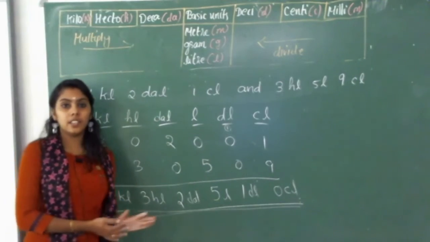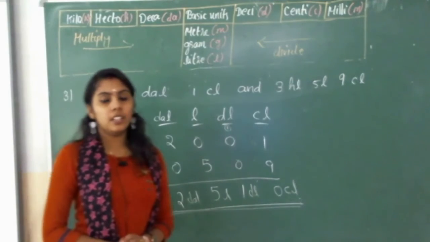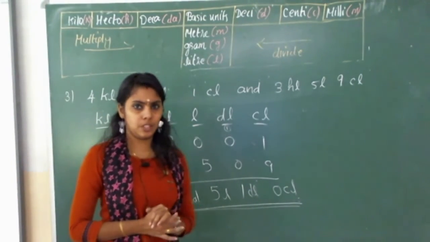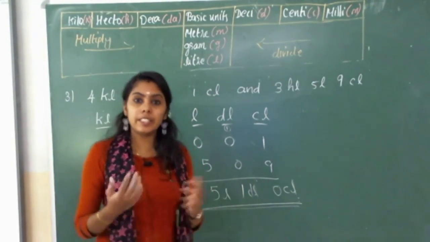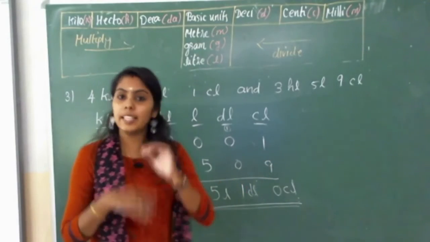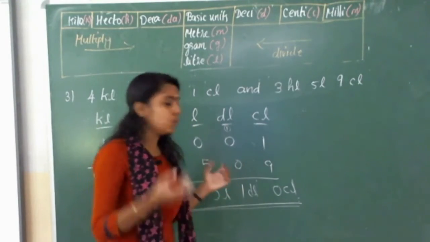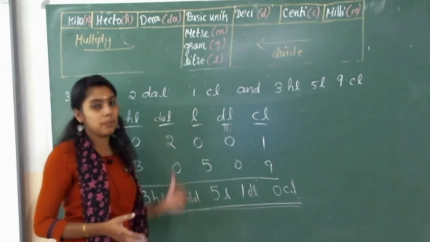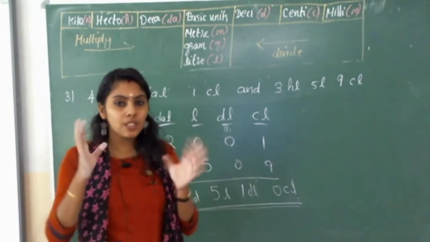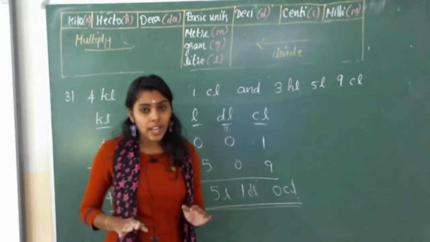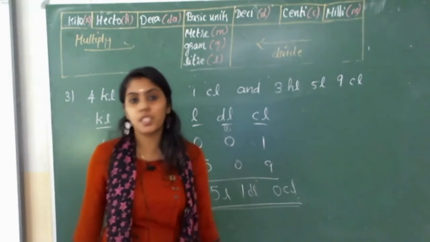Okay, I hope all of you are clear on how to add. So, addition is completed. Like this only we will do the subtraction. Do one thing. I will give one small question. Just try to do it. We will discuss the answer of that particular question in the next class. You know how to subtract, and you got an idea how to add metric measures, so like that only we will subtract. If you are not getting the answer, don't worry, but try to find out the answer.